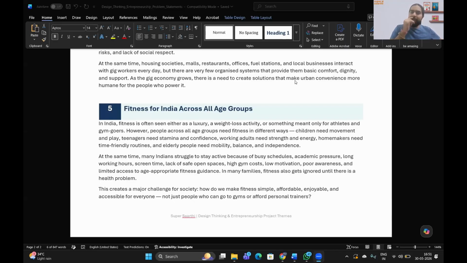The problem statement is going to be this only, Manya. You will have to show your interpretation of these problem statements that have been given to you, and then from there, you take your journey forward. For example, if I have given you this fitness for India for all age groups, you might want to define a nice problem statement around this theme. I have given you the theme. Around this you can say, my theme was fitness for India, and within it I focused on mental health, or I focused on physical health for the elderly, or whatever different problem statements you can build around this theme.